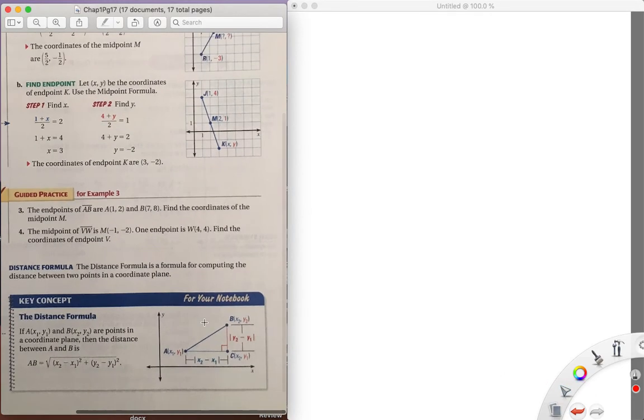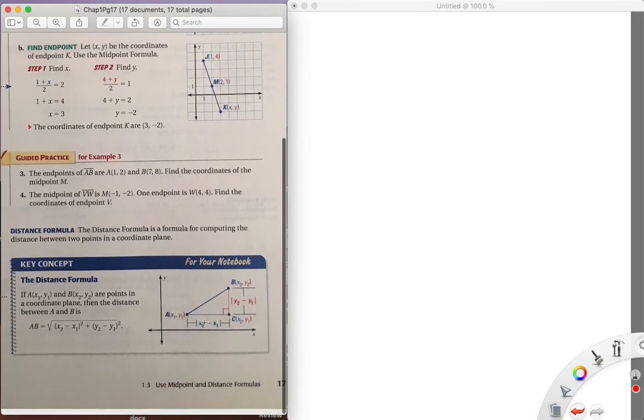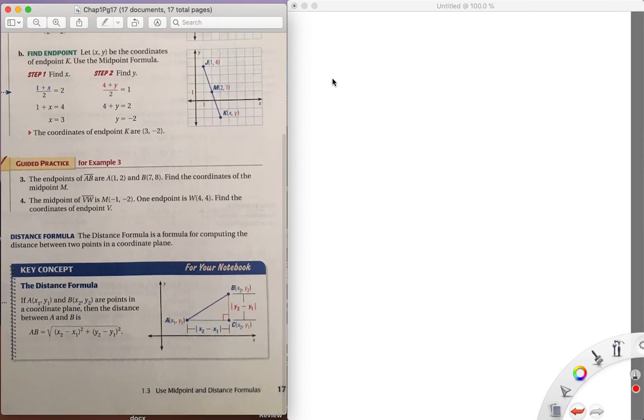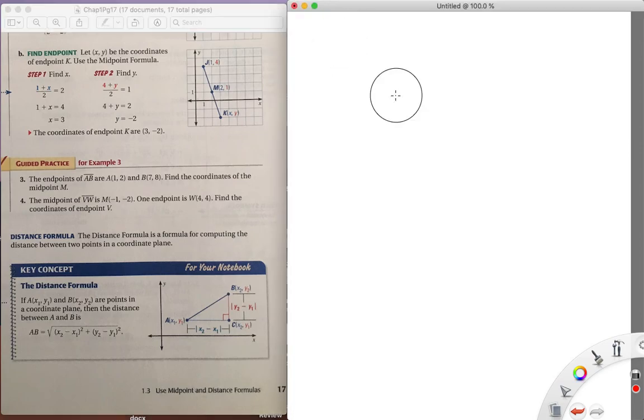Distance formula. So the distance formula is basically a derivation of the Pythagorean theorem. So if we remember the Pythagorean theorem,